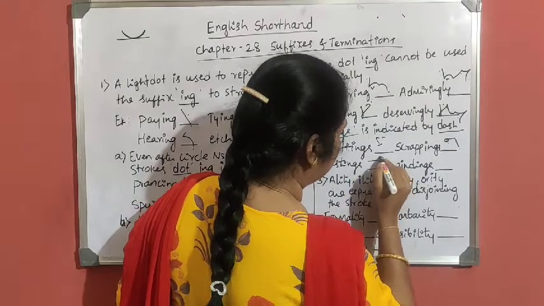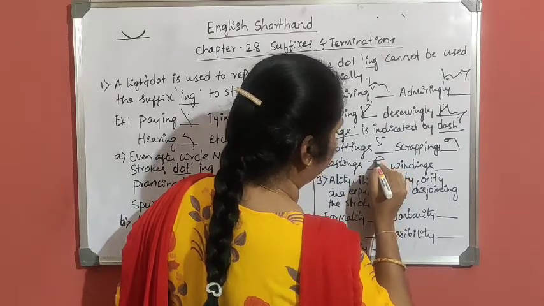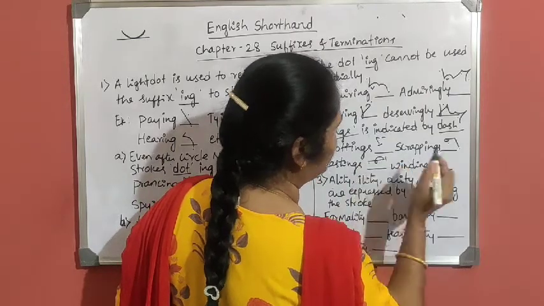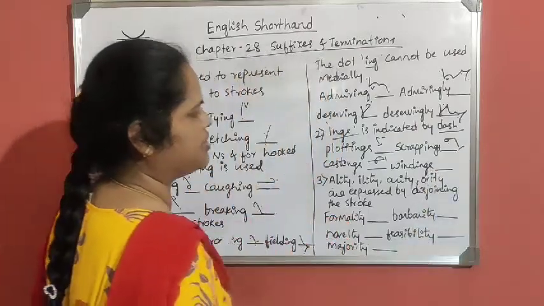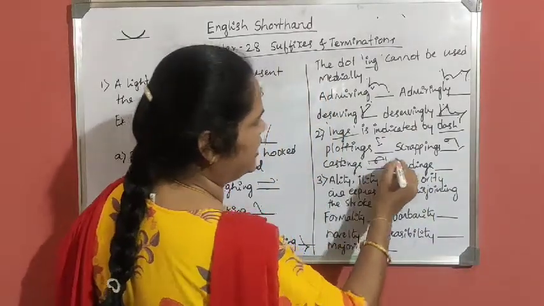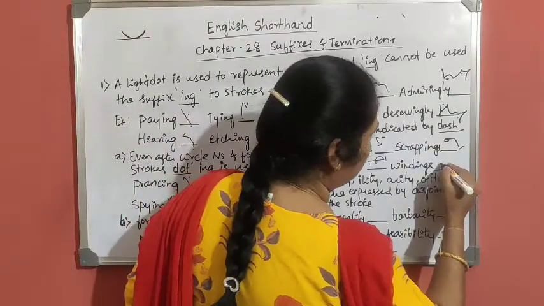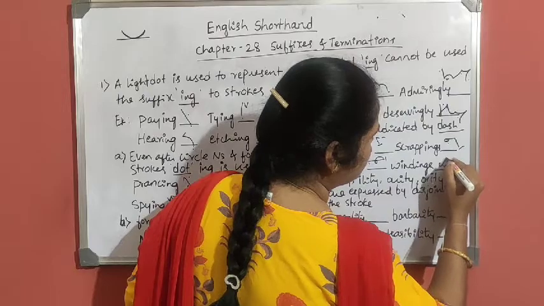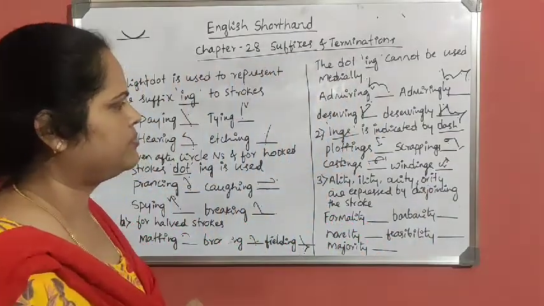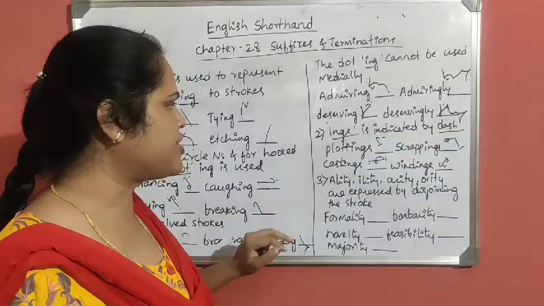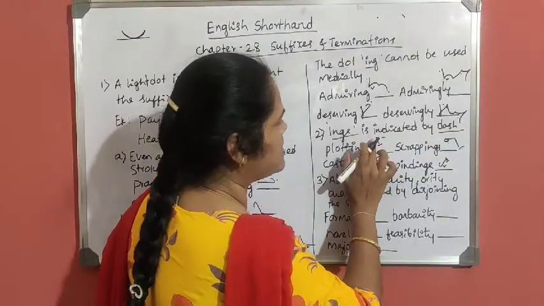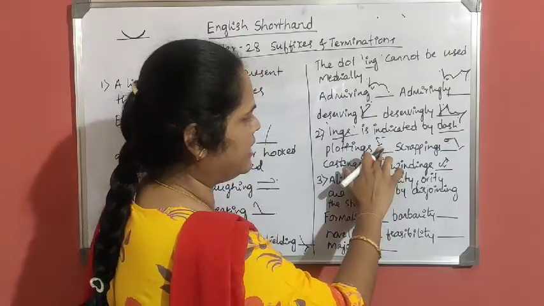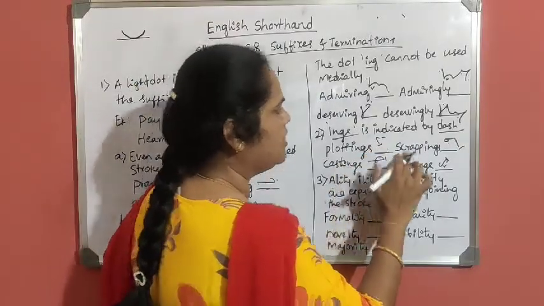Then castings. K, circle is steel loop. Castings here, ing, dash. Here scrapping also, dash. Castings. Here one dash. Windings. W is hard for D sound and N, windings, like this, dash. Ings is indicated by dash. Plottings. Pal is hard for T sound, then one dash here. I have already written one dash here.